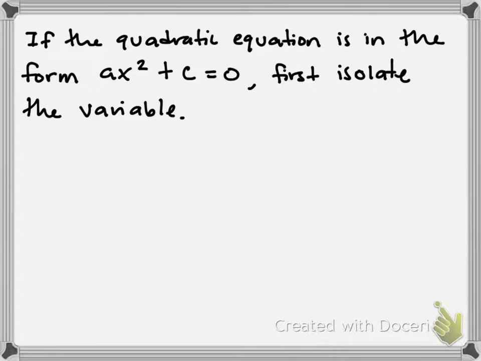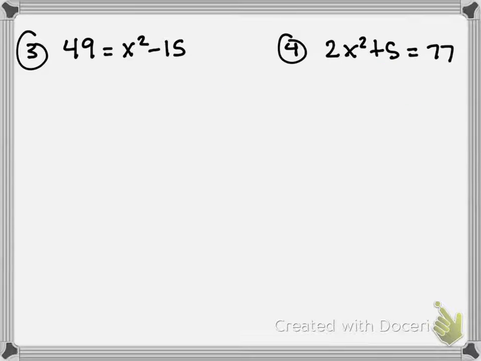All right, if the quadratic equation is in the form ax squared plus c equals 0, to solve that, we're going to first isolate the variable. Isolate means get the x all by itself. So let's look at example 3. 49 equals x squared minus 15. How do I get x by itself? I add 15 to both sides. And so I get x squared equals